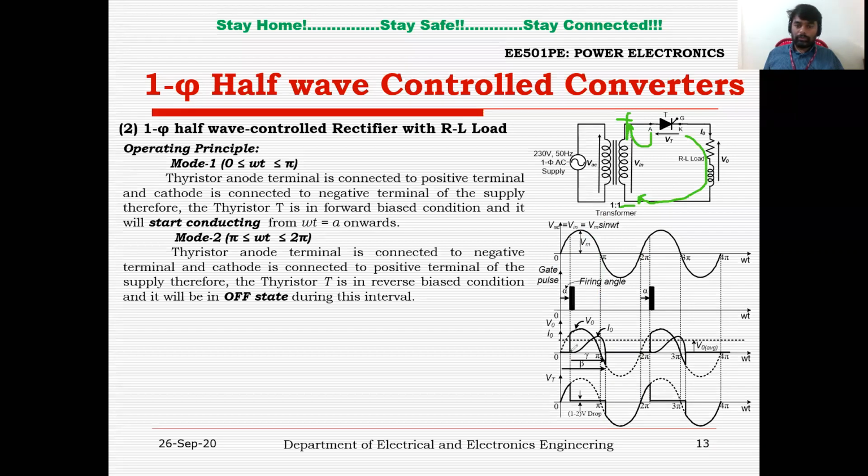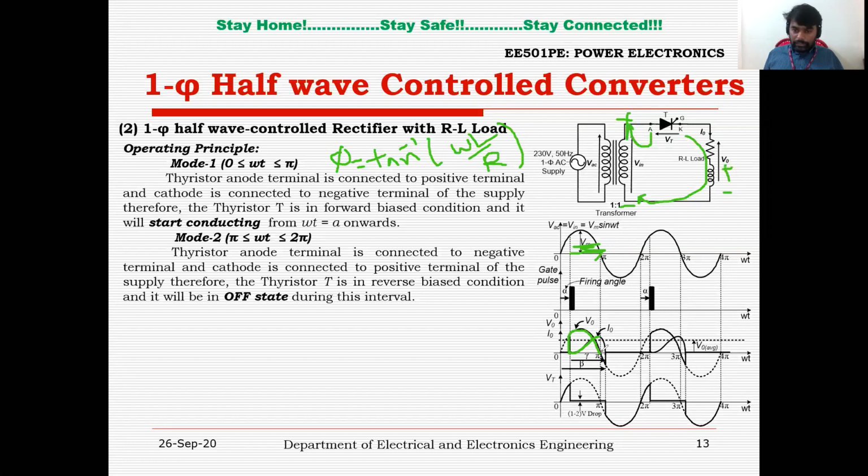Now you can see it is following the input voltage, no doubt. It is following the dotted line. And since it is a resistive and inductive load, the current has to lag the voltage by some angle. And the lagging angle, I can write as phi equal to tan inverse omega L by R. So depending upon the value of the inductor and the resistance, there is a lag in the current with respect to the voltage. So the current is lagging the voltage by some angle and charging. That means during this complete positive half cycle, alpha to pi, the inductor is charged to some voltage, having some energy in it, which is half L i square. So it is charged with this polarity, positive and negative.